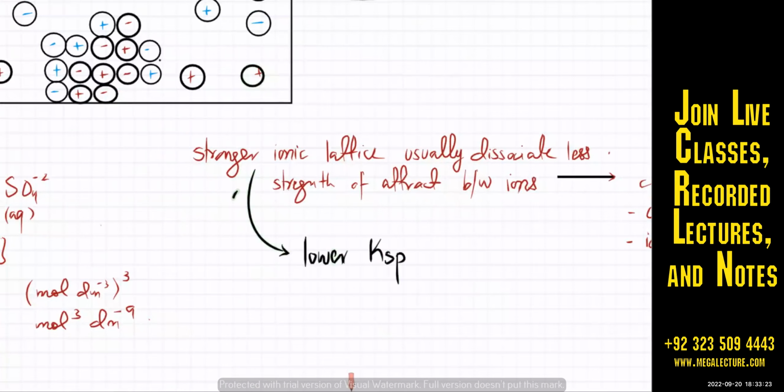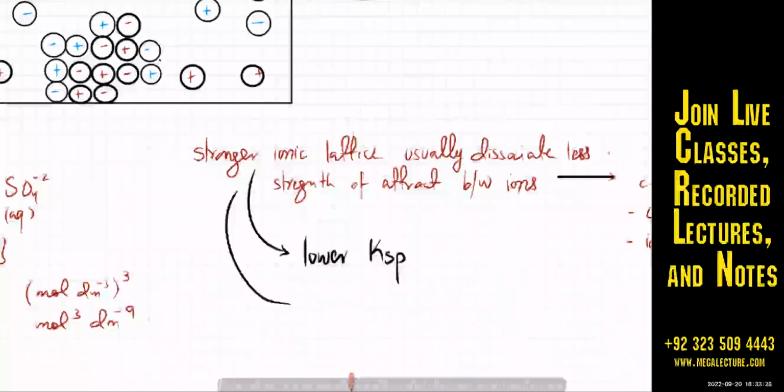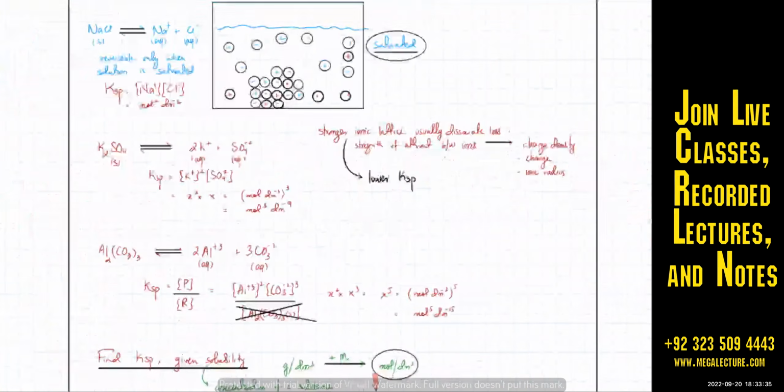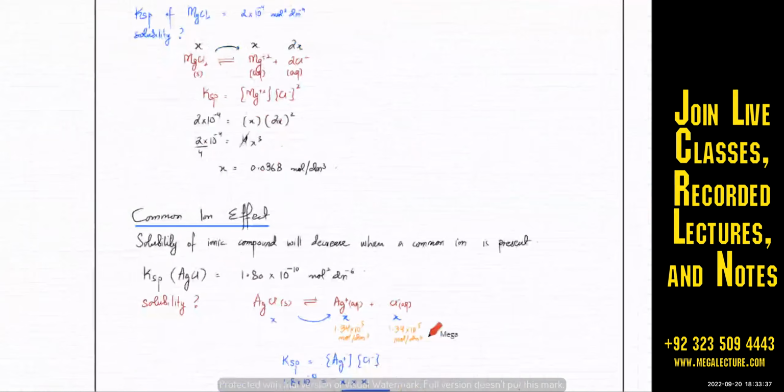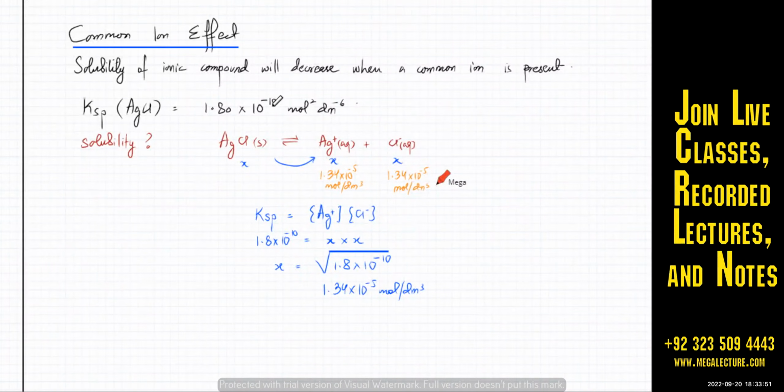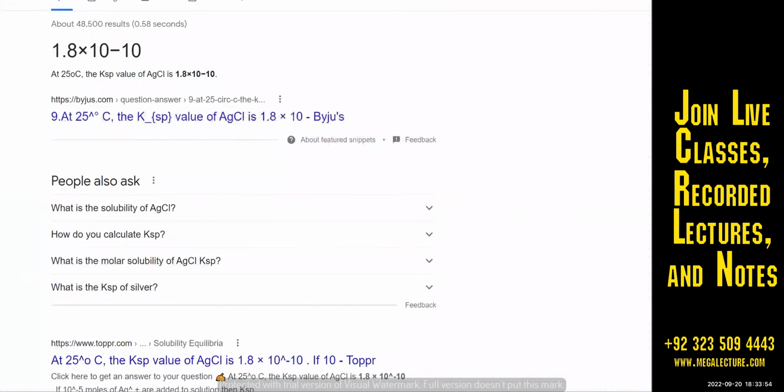No, it has to be relative. Considered high or low? It all depends, it's all relative, right? Remember, everything is always compared to something. Now AgCl, compared to calcium phosphate, is very soluble, right? Because we just calculated calcium phosphate, its Ksp was coming out to be 10 power minus 26. So compared to that, it's very soluble. But if you compare it with, let's say, the Ksp of NaCl,